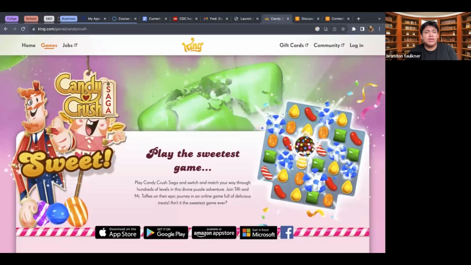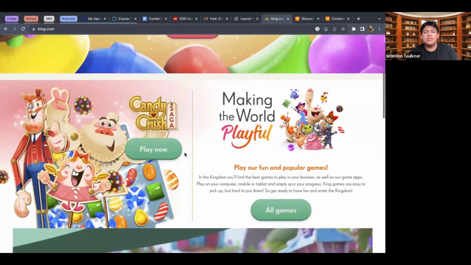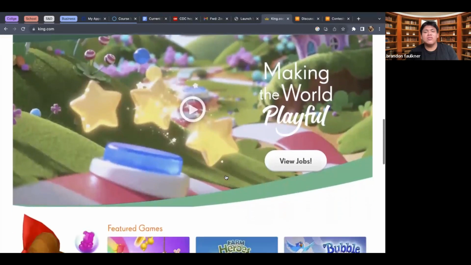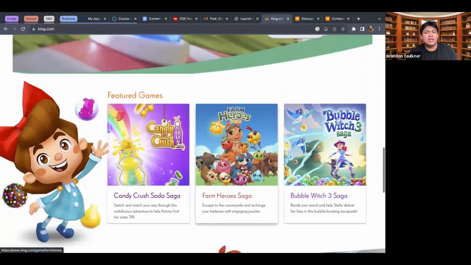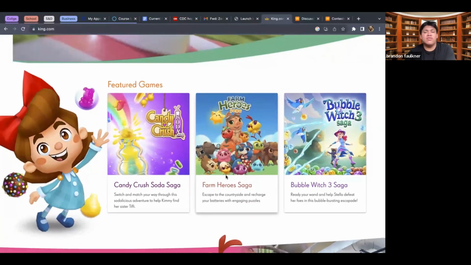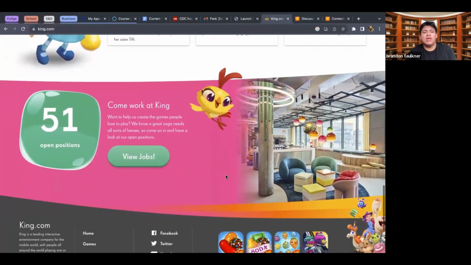So if we go to the home page, we can clearly see it is the most fun and popular game. And actually, there have been movies where this game has been referenced. If you ever watch the Emoji Movie, this game has been referenced more than once in the movie because it is just that popular.